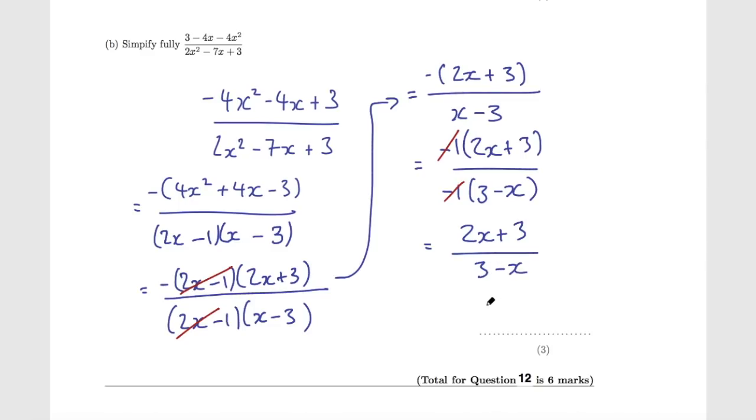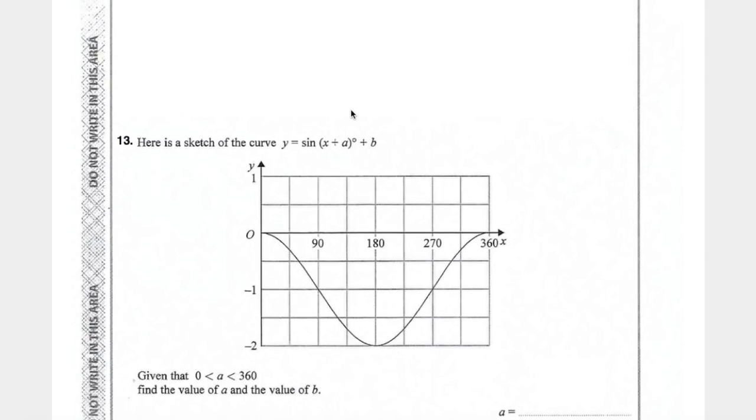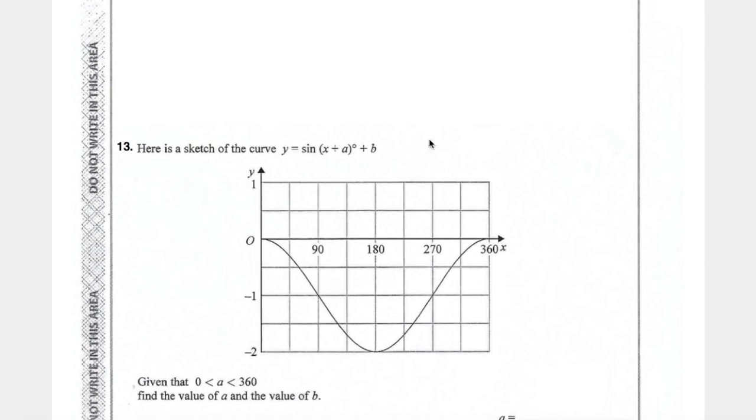Question 13 says, here is a sketch of the curve y equals sine of x plus a plus b. Given that a is between 0 and 360 degrees, find the value of a and the value of b. Okay, so let's look at the typical equation of a sine curve. You may have seen it written like this before, but typically a sine curve can have some term in the brackets,